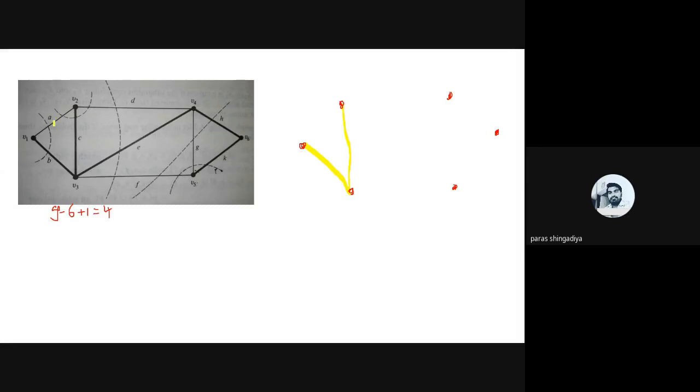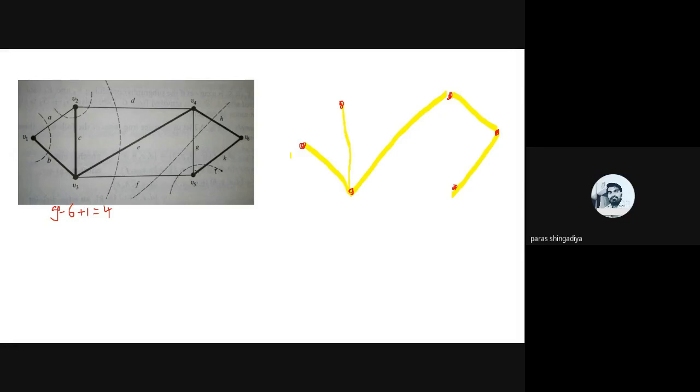So A I ignore here in the graph of spanning tree. So these two edges I consider. Here it also creates one circuit. So these two edges I consider here in the graph of spanning tree, and D I ignore. Okay. Then after this, I consider edge H in the spanning tree, and this edge I consider in the spanning tree. Okay. This G and F I ignore to remove the cycle.